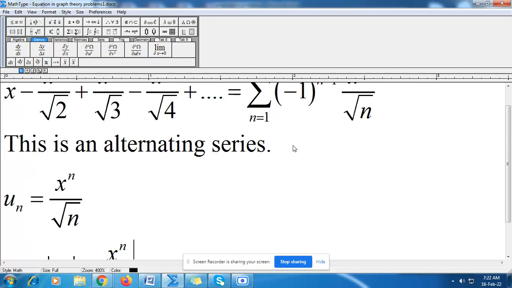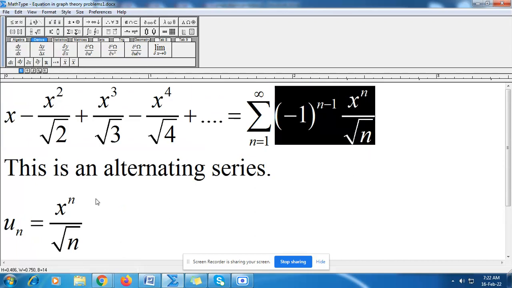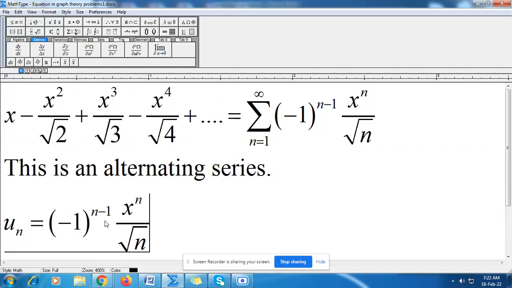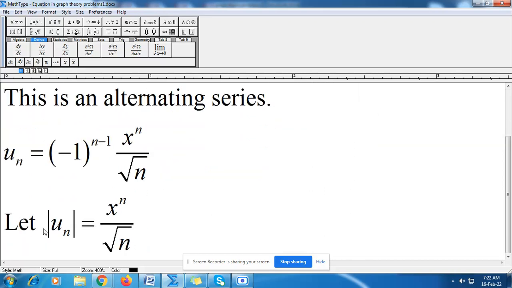No, you take un as the total. So un is taken as the total of this. Now take modulus of un. It is modulus of